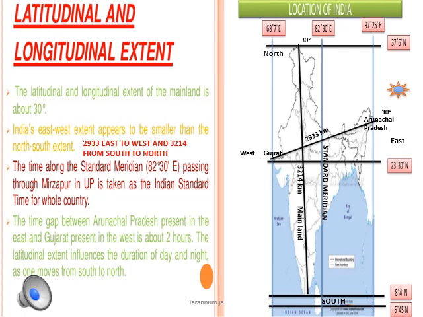Whatever the time is on 82 degree 30 minutes, only that time we are going to follow on both the east and west. So there is no difference in the time whether the sun is rising in the east in Arunachal Pradesh